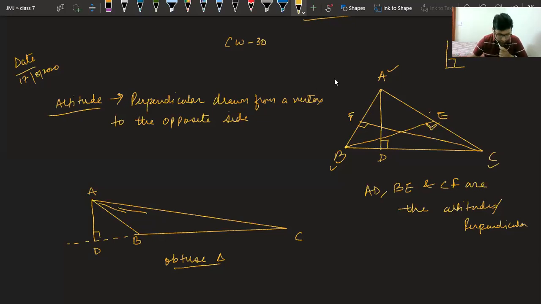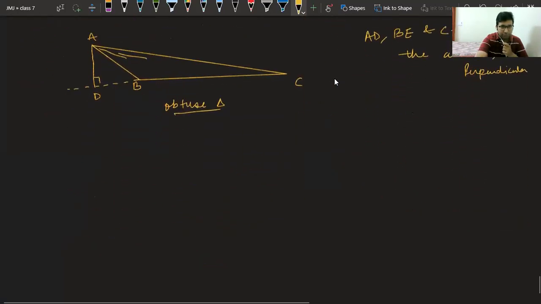Yes, beta Ashmit, good, correct. Ryan, correct beta. Altitude means height because we all know height is standing at 90 degrees always. We always take our height in school also when we are standing at a right angle with the ground. Bani is asking whether only in an obtuse angle triangle the altitude can come outside. Yes, beta. In an obtuse angle triangle only, the altitude comes out. You can check for other cases if you want. Yes, Ekta, correct.